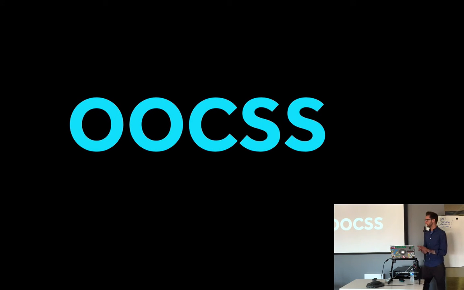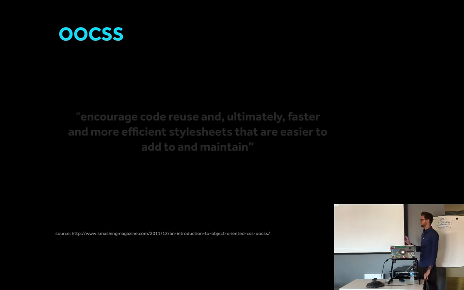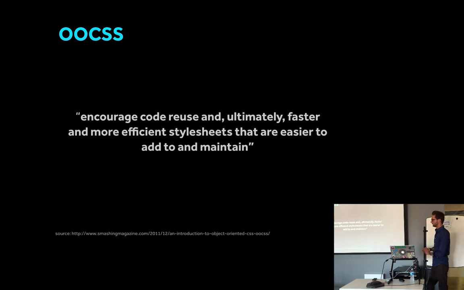So a really great way to do this on the front end, or start thinking about it, is object-oriented CSS, or OOCSS, which you'll see it primarily written out this way. And I'm just going to do a brief description of what it is. Here's something that came from Smashing Magazine, and this is a good summary for it. It's just to encourage reuse, more efficient style sheets that are easier to add to as well as